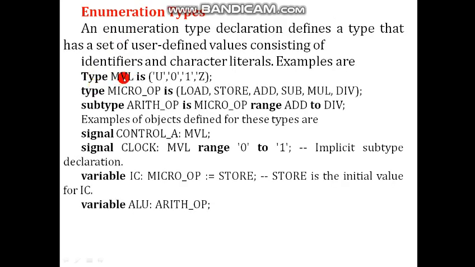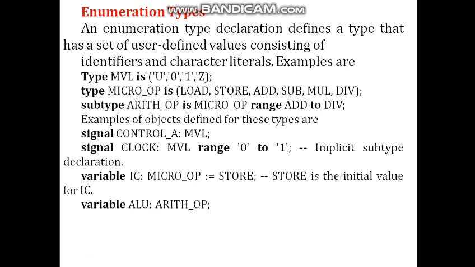This MVL is an enumeration type that has a set of ordered values: U, 0, 1, Z. arith_OP is a subtype of the base type micro_OP. This micro_OP is the base type and this is a subtype, and it has a range constraint specified, add to division.